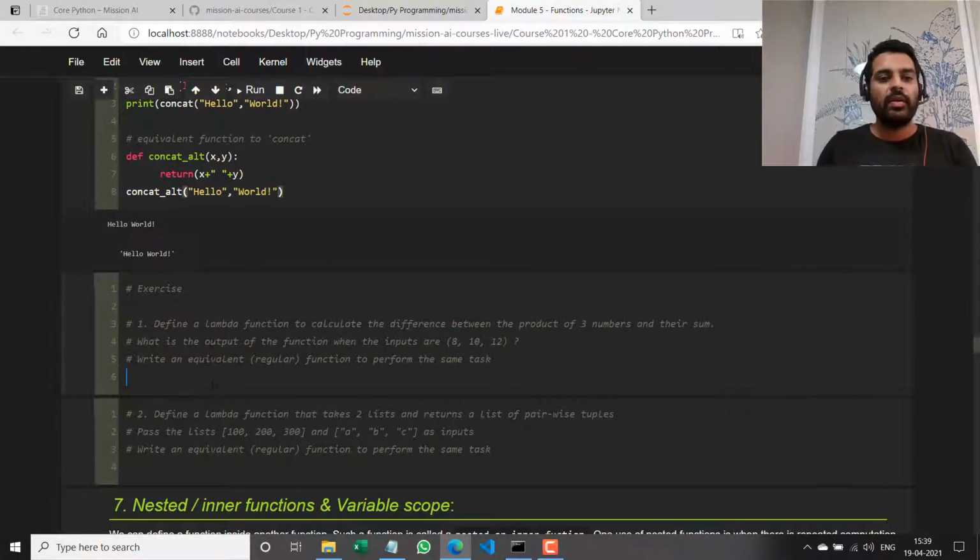So let's look at a couple of examples now. Define a lambda function to calculate the difference between the product of three numbers and their sum, right? And what is the output when we use these inputs? Also write an equivalent regular function to perform the same task. So I'm going to say difference of prod sum,